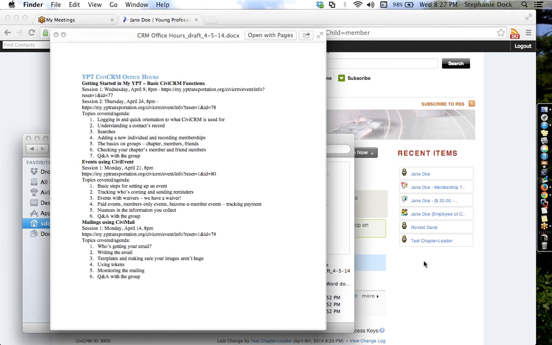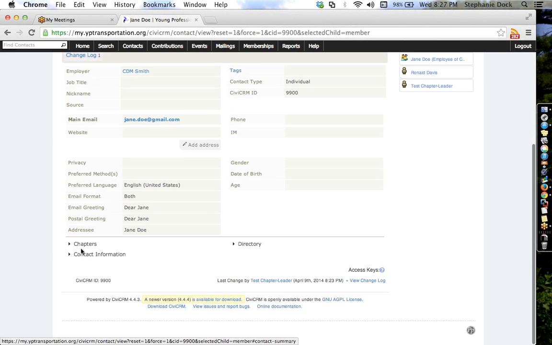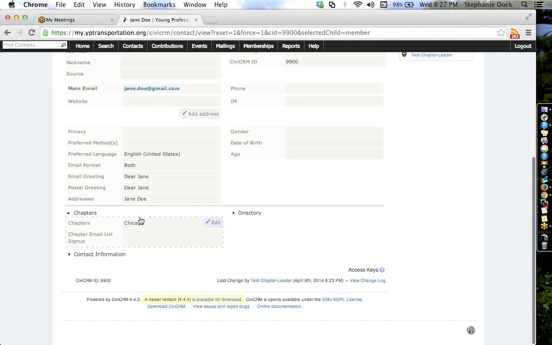So I think that's the main thing on recording a membership. I kind of already mentioned the basics on the groups, but what happens is that everybody who is in their primary chapter right here, there's only one that you can be in, you're automatically added to the group called chapter-primary. So every chapter has one of those,